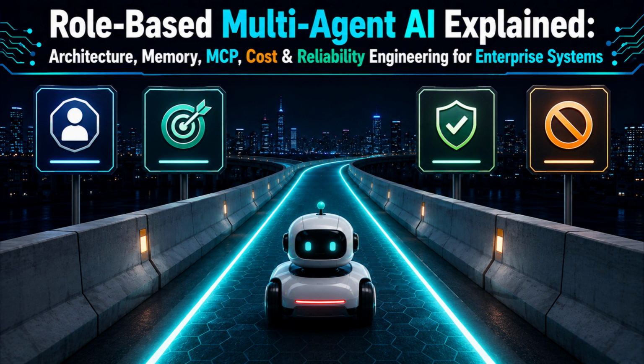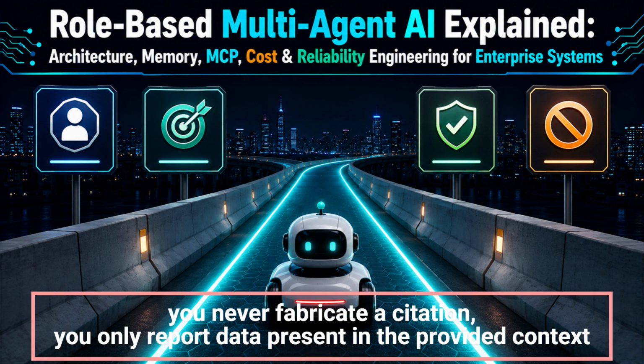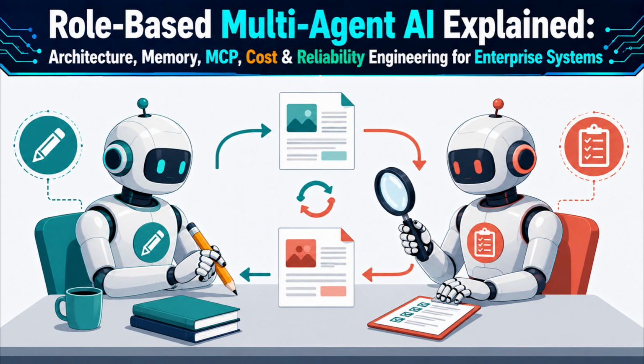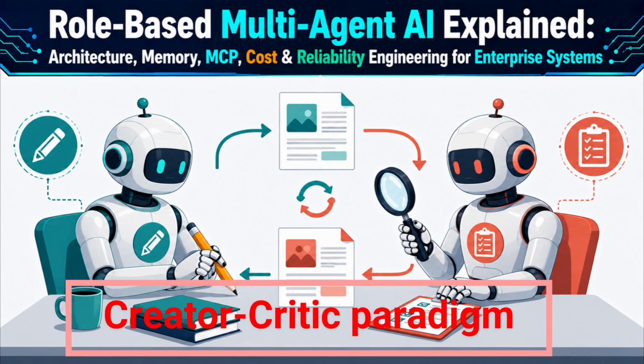Explicit boundaries: you never fabricate a citation. You only report data present in the provided context. Those are the guardrails' concrete edge. Frameworks that skip explicit boundaries tend to see personas bleed into each other over long conversations, which is exactly the drift these guardrails prevent. One of the most validated patterns in multi-agent design is separating generation from evaluation, the creator-critic